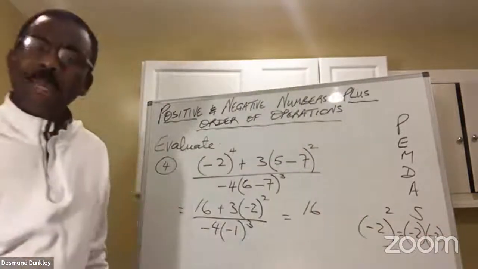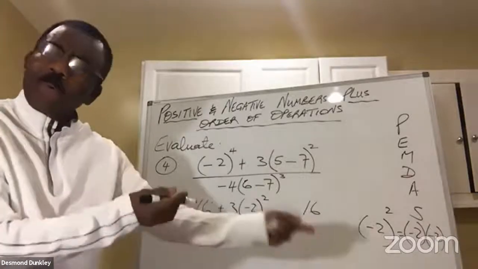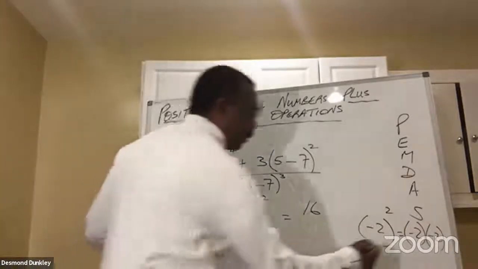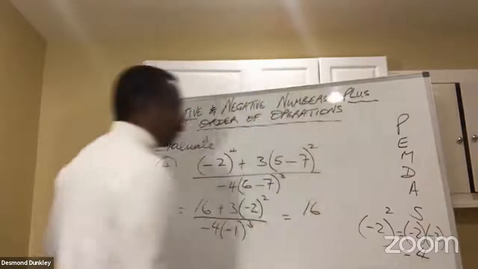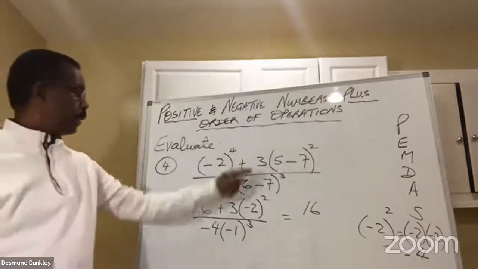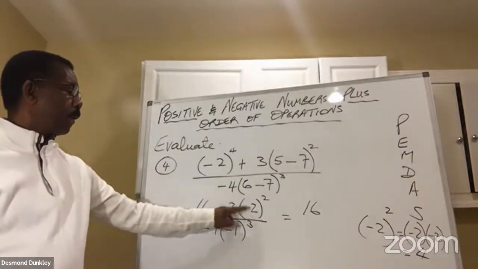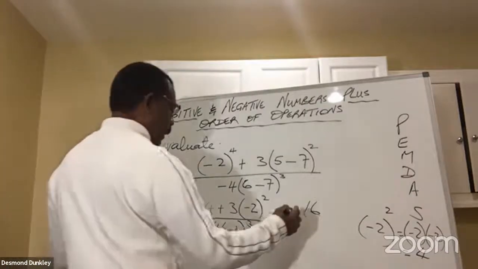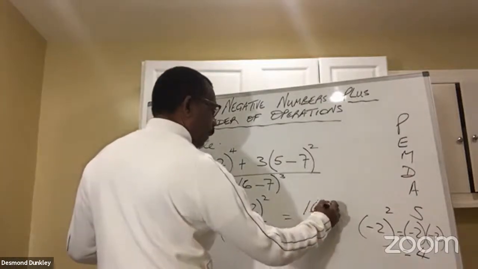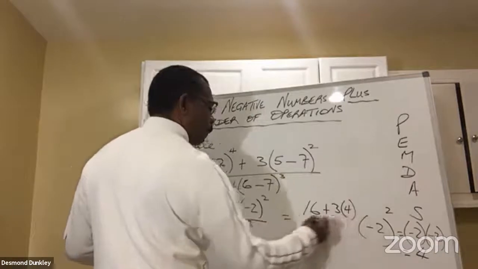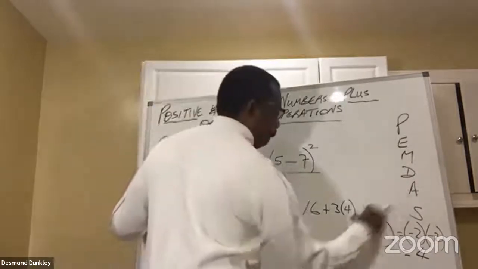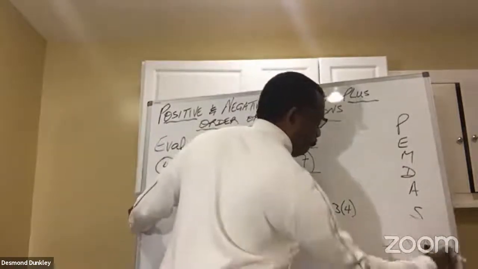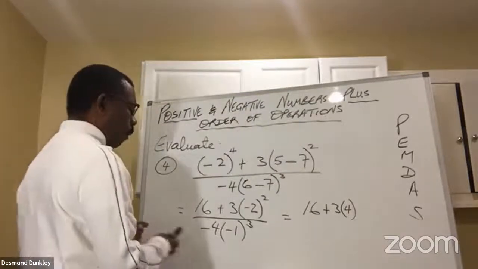If you need to do a sidebar to make sure that you don't make a mistake, do it. It's your paper. Do it. So that gives me 4. So I know that this is 4, and I'm going to multiply by 3. So it's 16 plus 3 times 4, all over